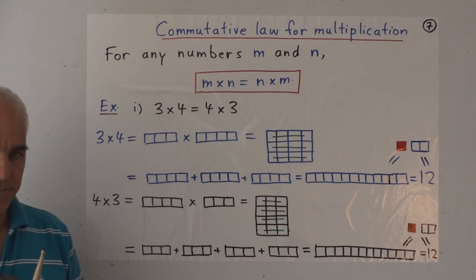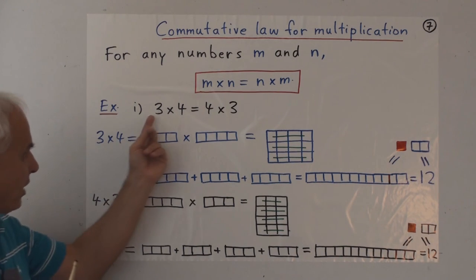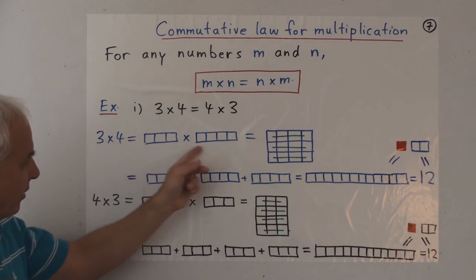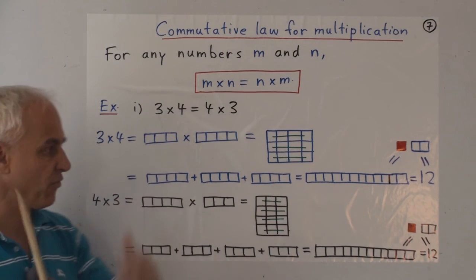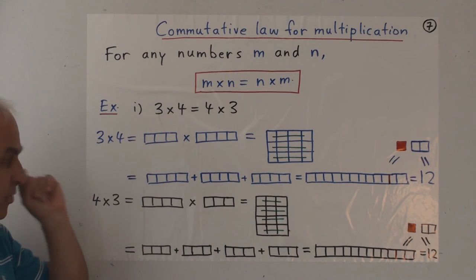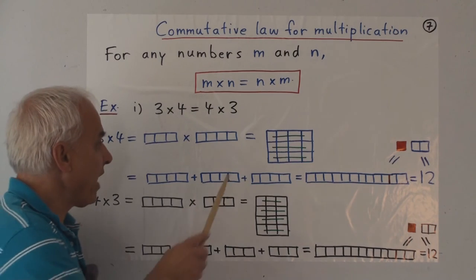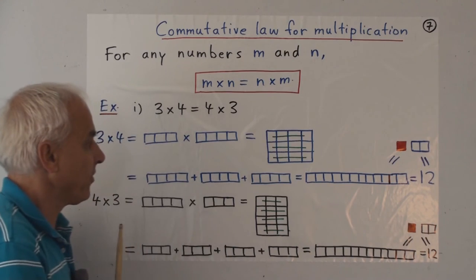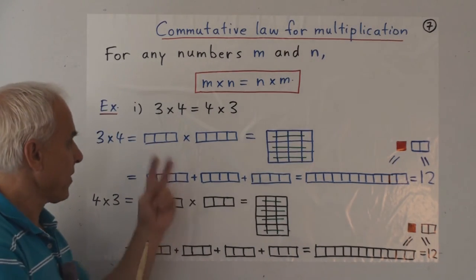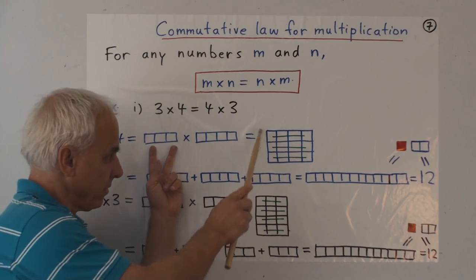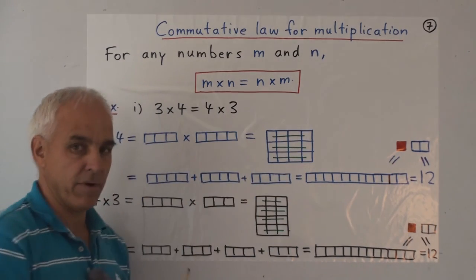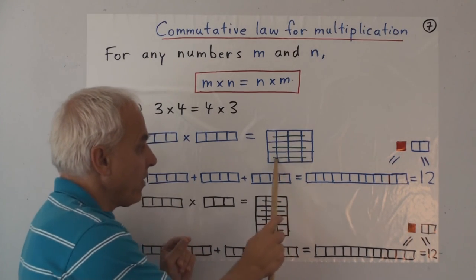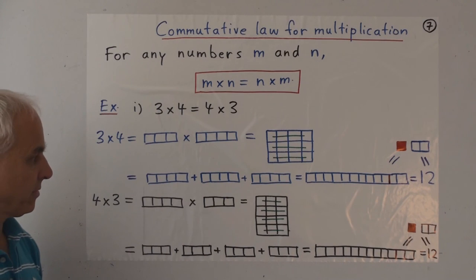Let's explain why. So what is it we do when we multiply 3 times 4? Well, in terms of our kindergarten numbers, there's 3, there's 4. What's the definition of 3 times 4? The definition is we're going to create a rectangle. The rectangle has 3 rows and 4 columns. It's a 3 by 4 rectangle. The 3 comes from the first number. The 4 comes from the second number. And then we're going to think about adding up all the cells in this rectangle.